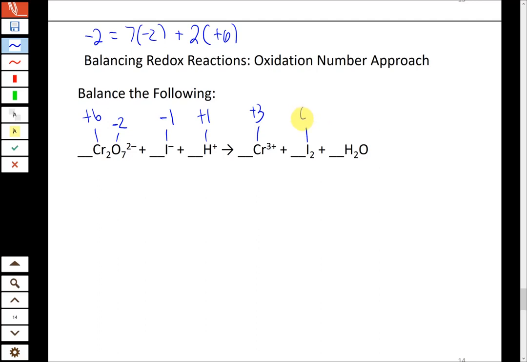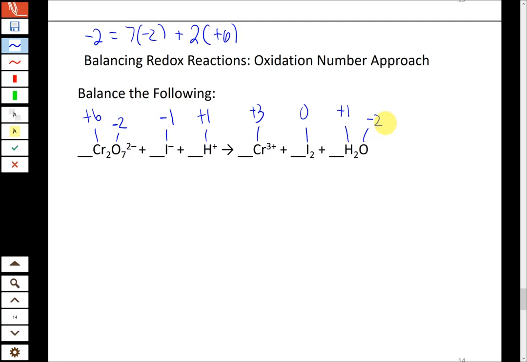So that's the one case where we'll have a 0 oxidation number, and then our old friend water, +1 and -2. Okay? So the rest of the oxidation numbers were very simple. The first one you had to do a little bit of work to get. Now, this is the type of problem where when we start in this situation here, sometimes there's a couple different